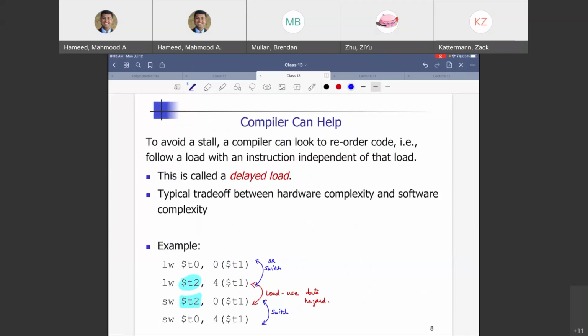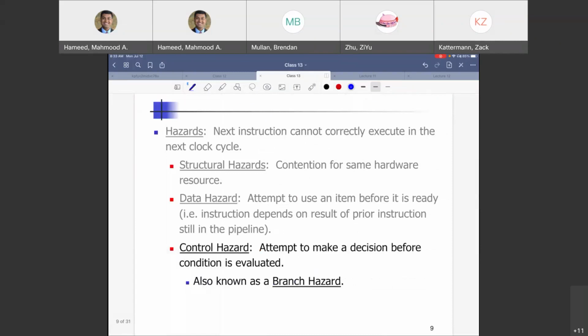All right. So where are we? Register forwarding solved some problems. Hazard detection unit takes care of the load use data hazard. Maybe we can offload some of the complexity to the compiler for rearranging the code. Next, let us come to the branch instruction. With the branch instruction, you get into some really interesting situations with the branch hazard. We have called it a control hazard, but it is also called a branch hazard.